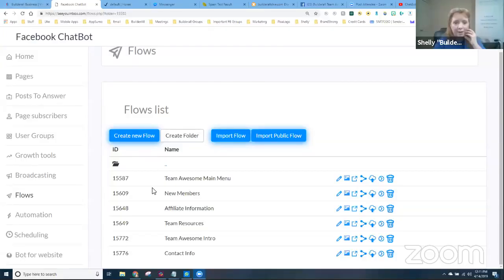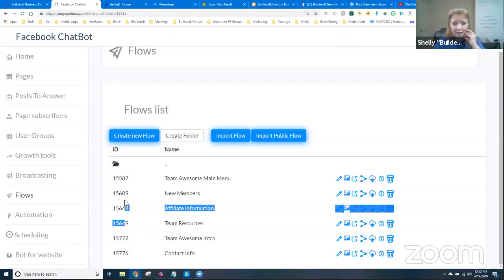Yeah, let me share my screen and I'll show you. Here's all the flows that I put together. These are individual flows, and there's no way for me to move one up or move one down. I can't change those numbers, and it looks like it puts it in the order of the numbers. So I can't really change the order of this either, but I feel like I have more control over it